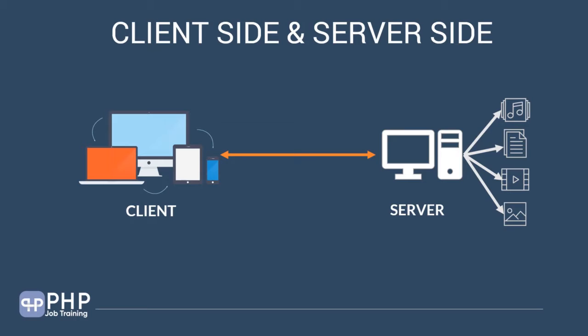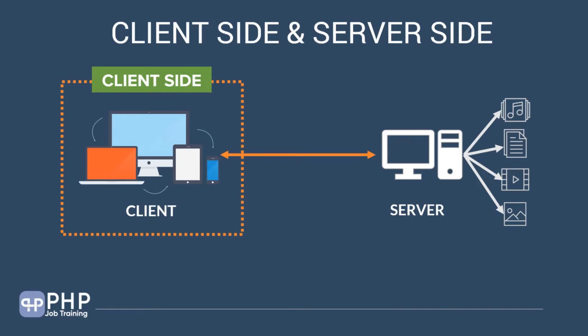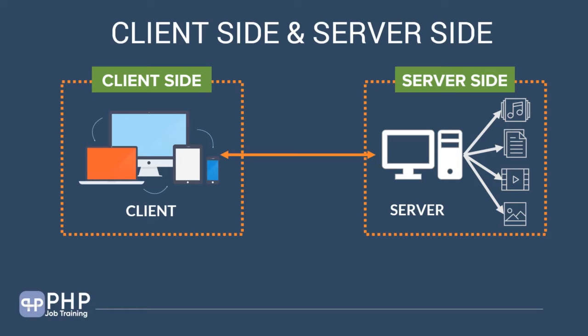So let's look at the two terms that we use in describing this model. One is client side and one is server side. From the definition here, the client side is all the left hand side, which could be your computer, your iPad, your phone, your laptop. It is called the client side because it is the one requesting the information. And the right hand side is the server side, which has all the resources and takes the request and gives us all the information that we have requested. So that's your client side and server side terminology.